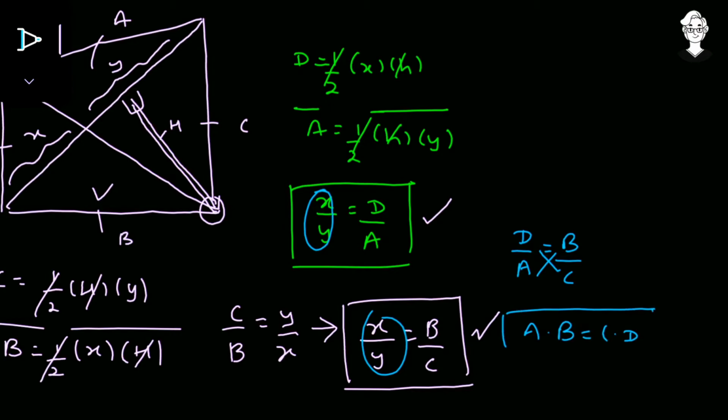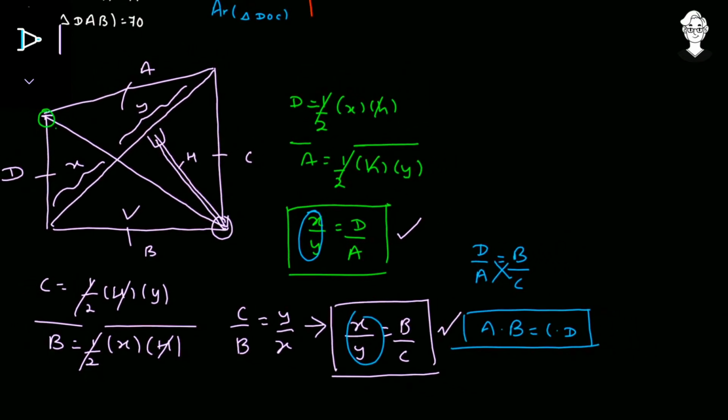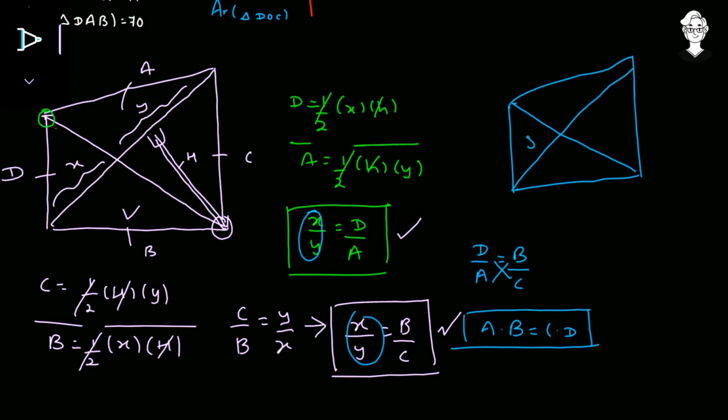So this was the thing I was telling, that the product of A into B is going to be equal to the product of C and D. This theorem can be utilized to solve questions like this. The quadrilateral is given, these diagonals are joined. The area of this is 3, the area of this is 4, this area is something like 9. We have to find this x.